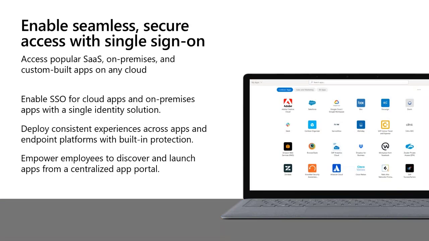Same thing with single sign-on. I mentioned this before. So popular SaaS applications, software as a service applications, or anything that's an on-prem application. It could be something where you say, hey, I'm running XYZ on-prem, whatever it might be. This is my expense application. Maybe that's something that's homegrown. Maybe you used Power Platform to develop it. This gives you the ability to go in and have, as we show here, a dashboard of, hey, here are the things I want to look at. I've got my Adobe Cloud, maybe I've got Google Workspace, maybe I'm on Salesforce or Box, or maybe I've got things set up for DocuSign or Workday.